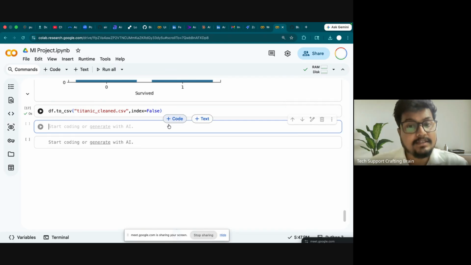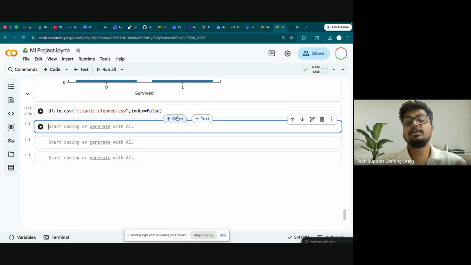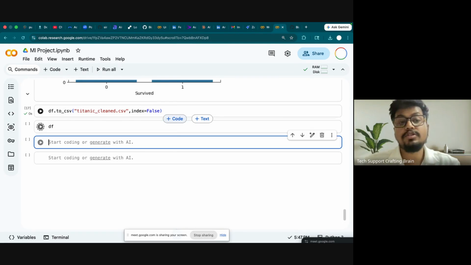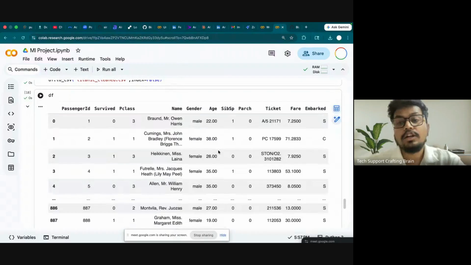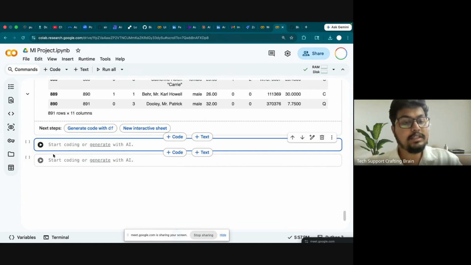Okay. Next, after doing the analysis inside Tableau, the main work comes, your machine learning related work. So this is your DF, data frame, guys, right now. Now what we wanted to do is make a prediction. We wanted to create a